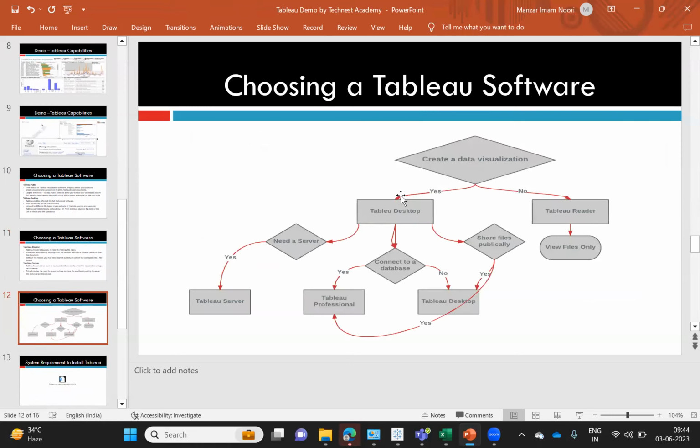So when to use what: as learners, we'll be using either Tableau Desktop or Tableau Public. This is a costly tool, and it is not like Power BI, which we get for free, so it is not possible to use for a longer time.